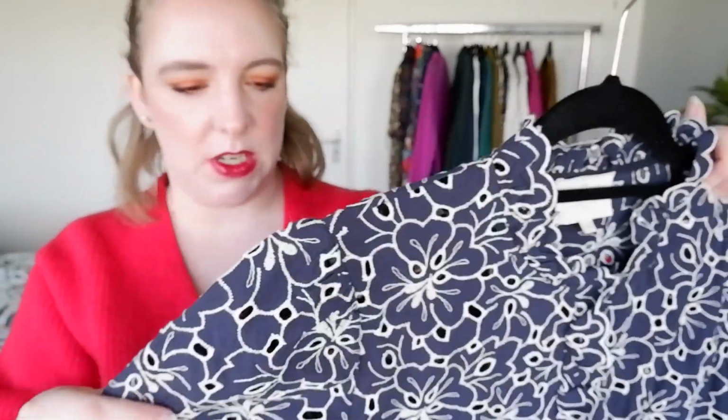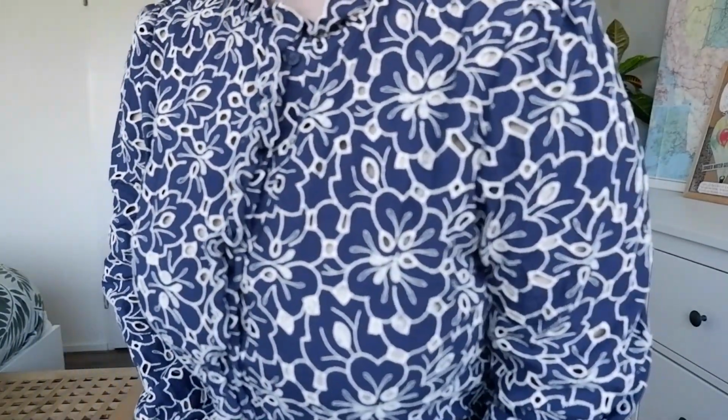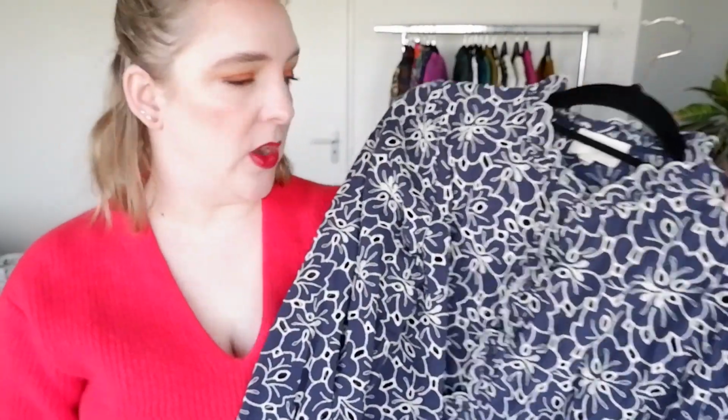detail, which on this blouse you can't really see because of the design. This is a broderie anglaise blouse in this navy with the white. And then you just have all these eyelets, like all those little holes are actual holes in the blouse. It's a cotton shirt. I believe it's called their Matilda shirt. It came out last year and I picked it up straight away because I love this design and it's been